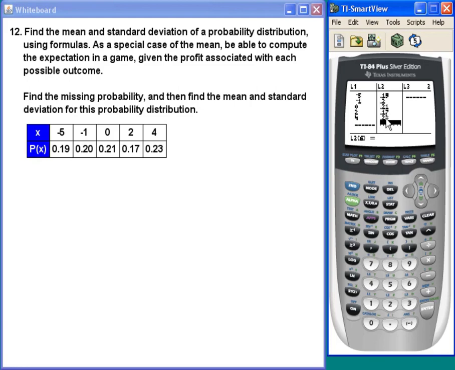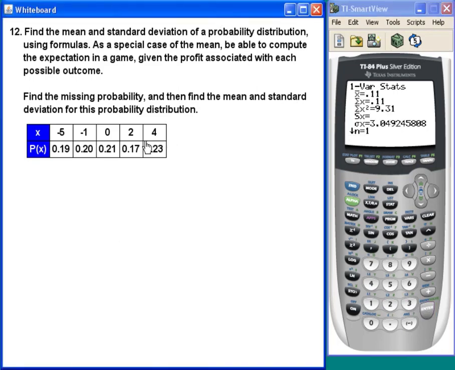Once I have that set up, I'm using one-var stats, and I'm going to do L1, comma, L2. And that gives me both the mean and standard deviation. The mean here is 0.11, and the standard deviation,